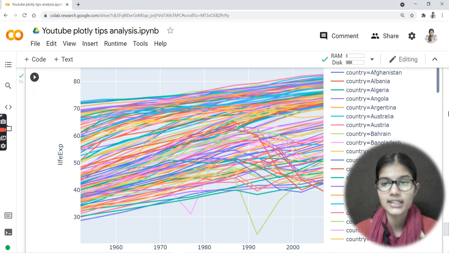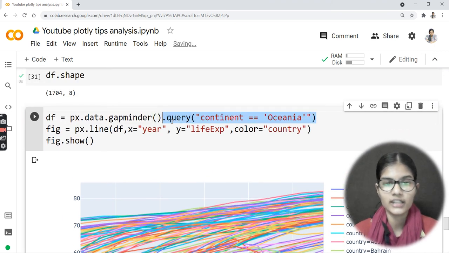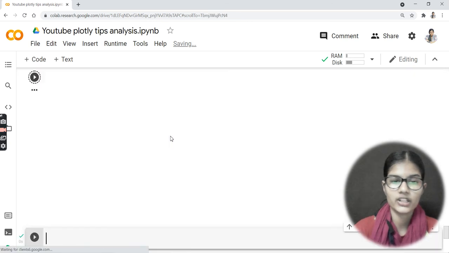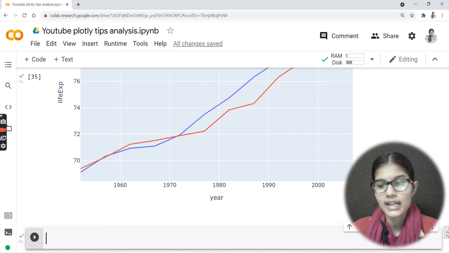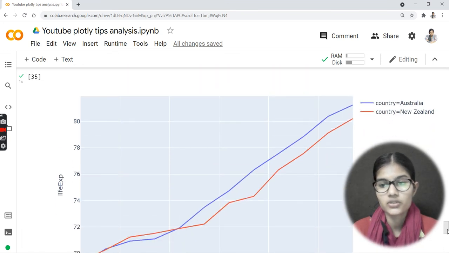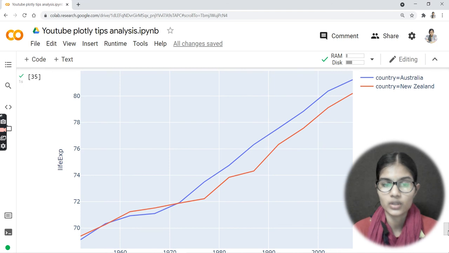Now if I put my condition back and run it, it gives me only one particular continent with only two countries, Australia and New Zealand. That is the reason it gives me a sorted line plot, right? Hope you got this very clearly.